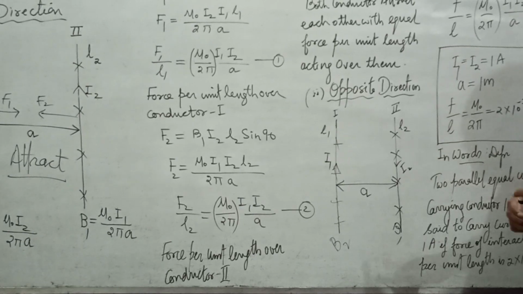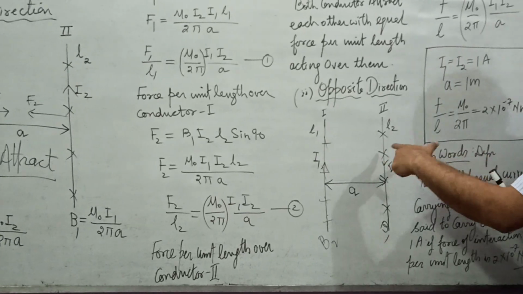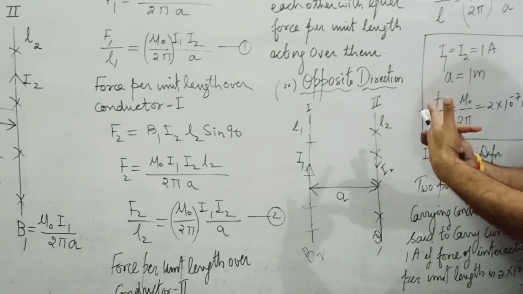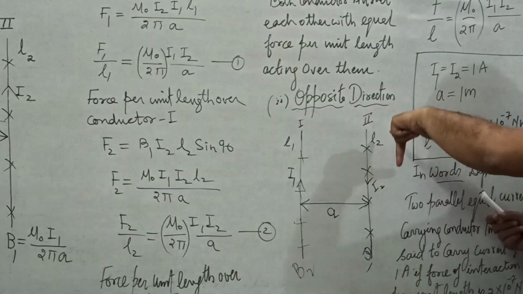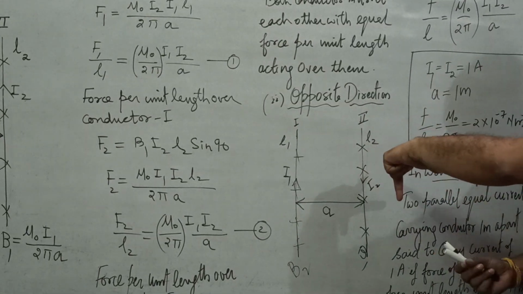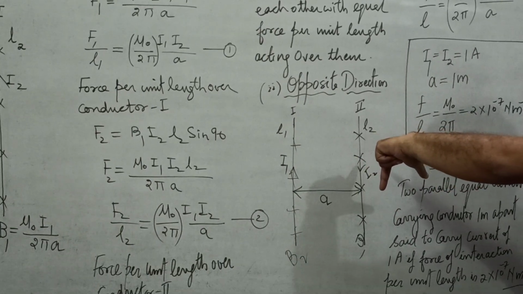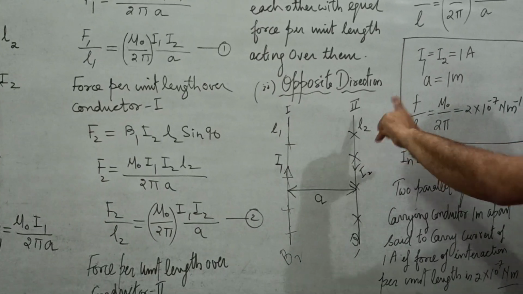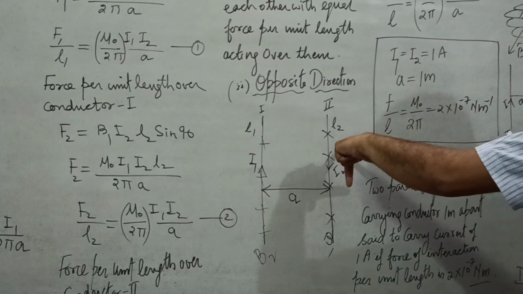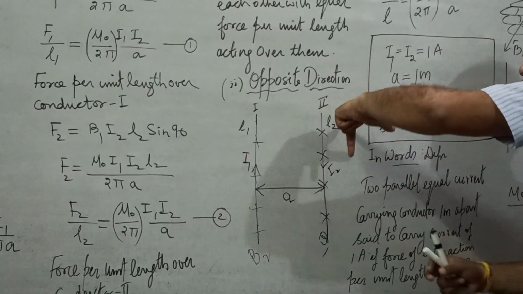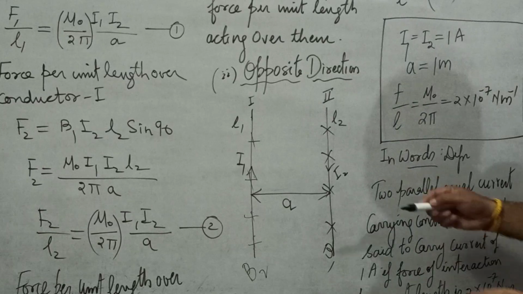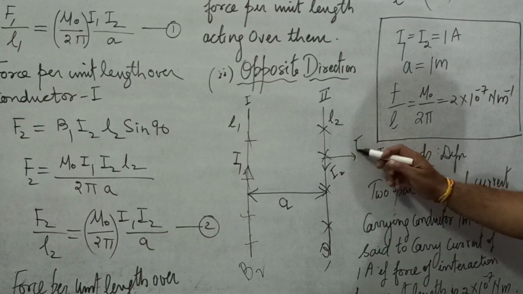Now let us find out the direction of force. This conductor is acted upon by the magnetic field in this direction. The current is where? In the downward direction. So what is the force? Can you all see? The force over this conductor is, this is magnetic field cross, the current is down, and the thumb is towards the side. The force over this conductor is towards the side, and that is F2.